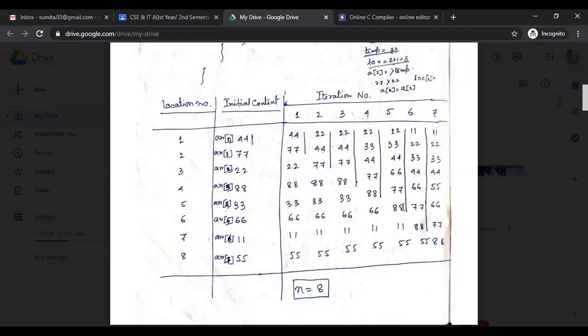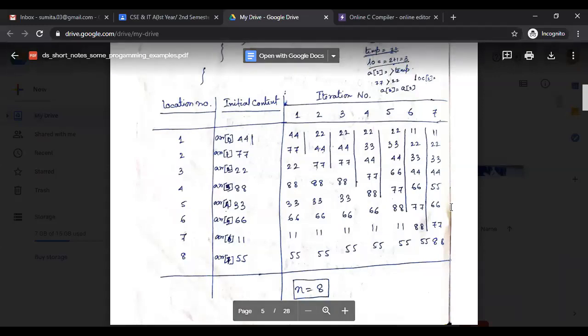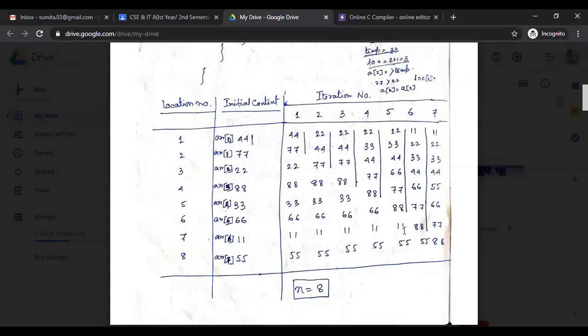Again the comparison is done in the same way: first compare 11 to 88, less than, swapping done. 11 to 77, less than, swapping done. So until it is less than 22, 11 is here and all the elements are shifted by one index, nothing else. So 88 is in this place and 11 moves to the lowest index of your array.